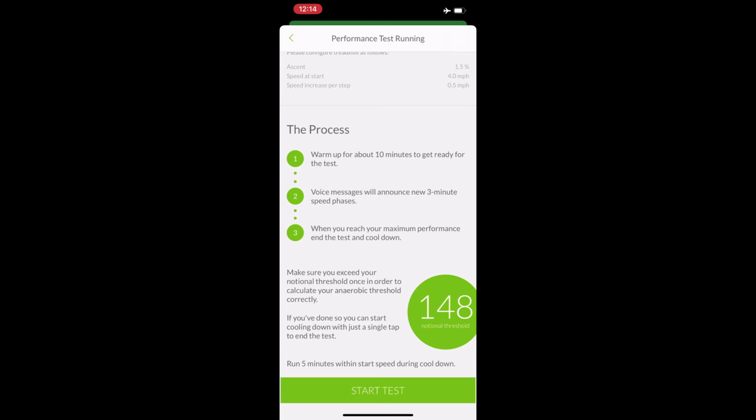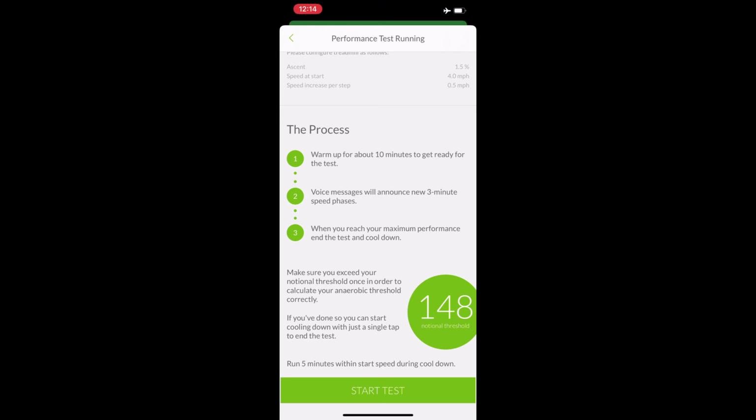And what it means by that is that you increase on the guided speed in line with what it asks you to do until you can't do it anymore. It's a subjective maximum. So as soon as you are gassed out and you've had enough, you can't do it any faster or any longer, you can press end test. And once you do that, though, the test isn't quite over yet. You have to reduce speed back to the beginning speed of 4 miles per hour, and then you'll have 5 more minutes at that very beginning speed